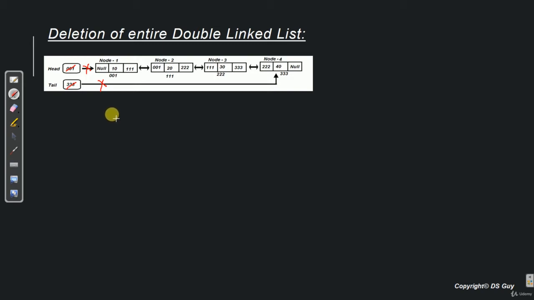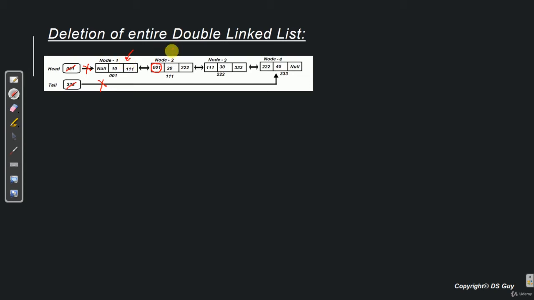Let's understand why. So let's say if we delete this connection over here between head and node 1 and tail and last node, still node 1 will never be deleted, and the reason is this reference over here. Since node 2 is referencing node 1, node 1 will not get deleted.